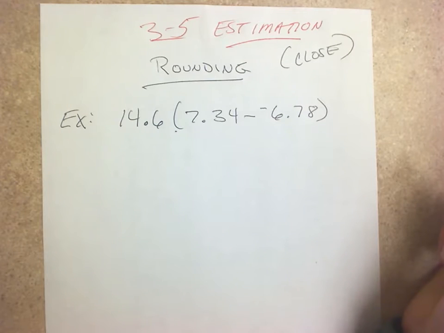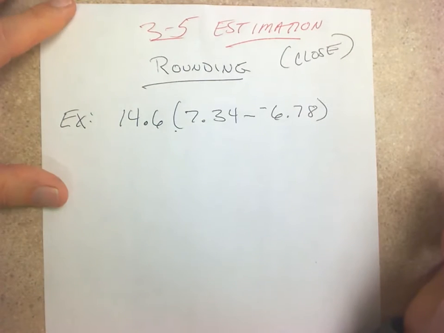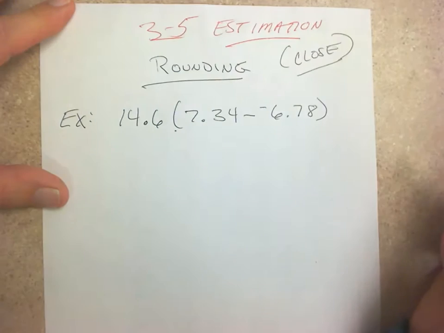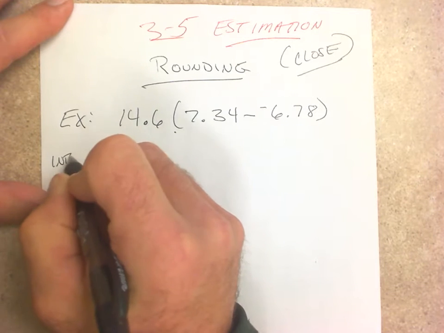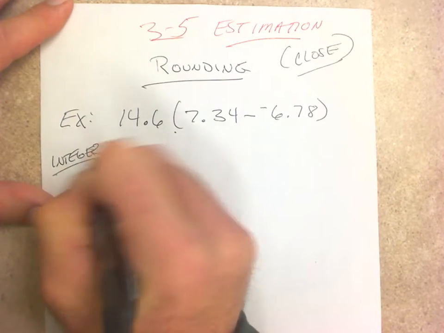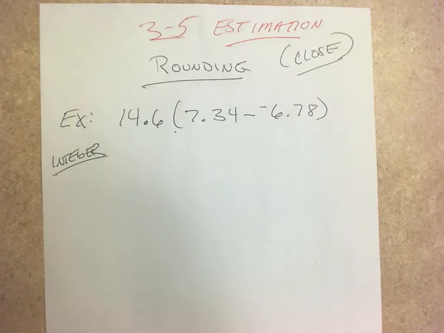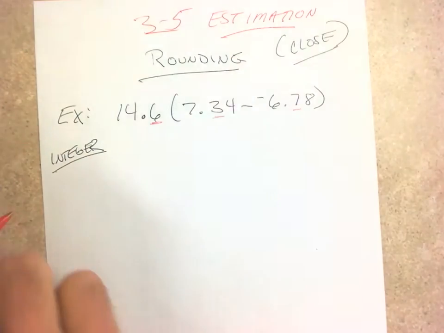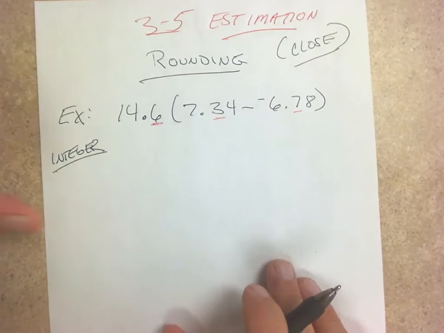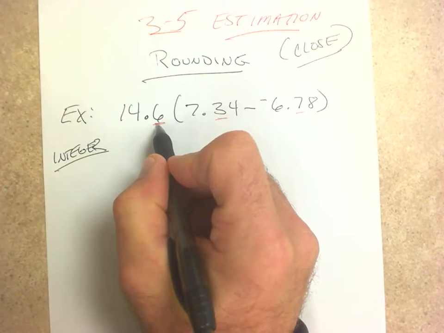One with decimals, and we said if we wanted to make sure that we just got close, we could just go to the nearest integer. All right, and if we were going to go to the nearest integer, then that means we would look at the first place after the decimal point. And we came up with our rules,